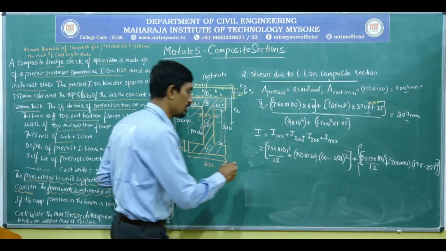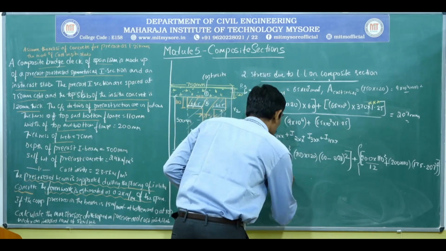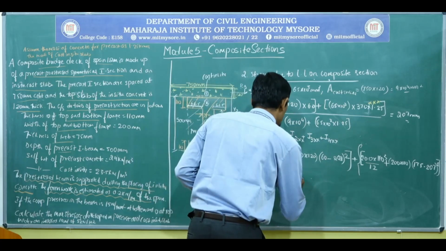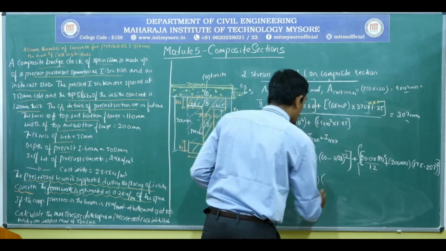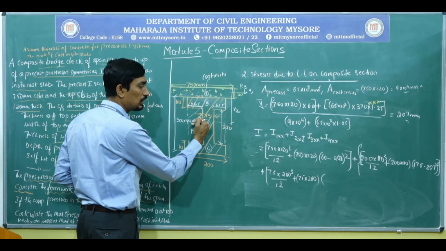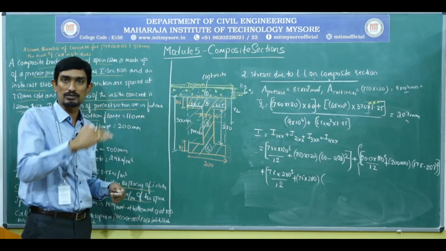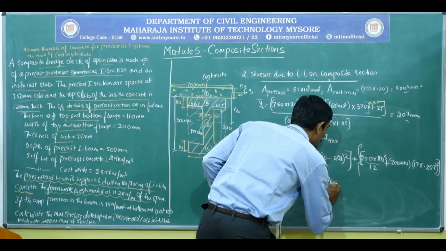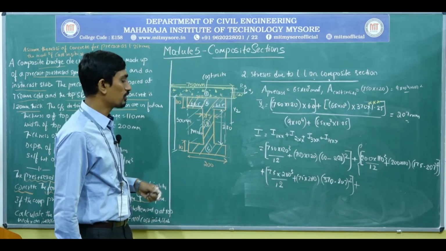Next, we will move on to the next. Plus 75, this third section, 75 into 280 cube by 12, BD cube by 12, plus 75 into 280, multiply by Y3, that is 280 by 2, 140 plus 110 plus 120. Because I need to measure from reference axis. So totally it is 370. So 370 minus 207 whole square plus, so go to the fourth section,